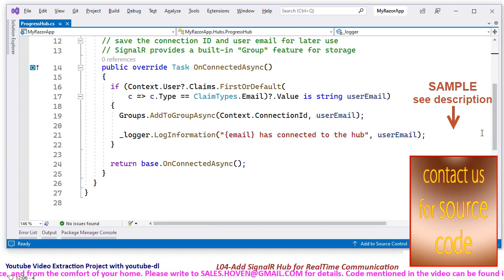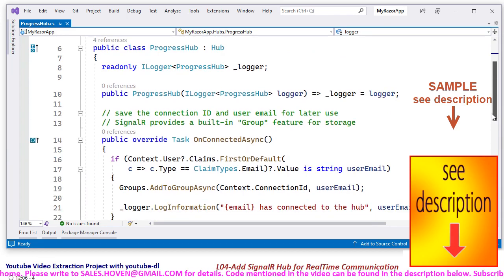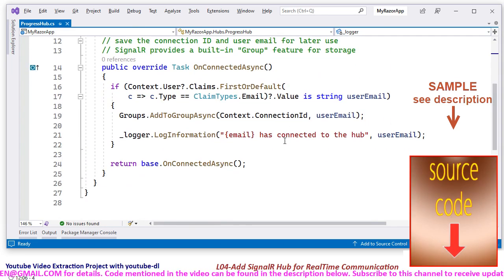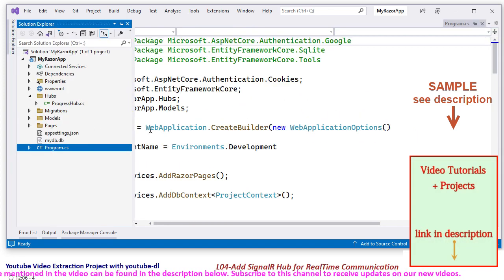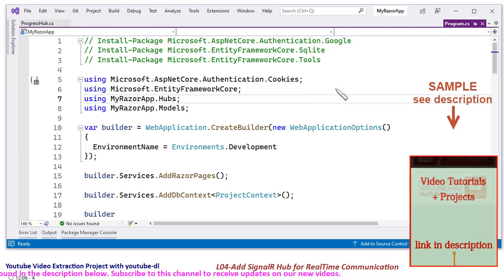I'll show this again to you. This is the only thing that we have done. We have basically overridden OnConnectedAsync. Now the next thing that we have to do is, we have to make a few additions to the program.cs file. So first of all,